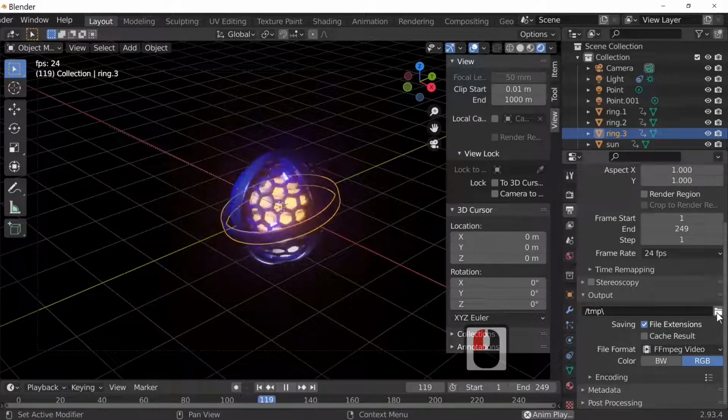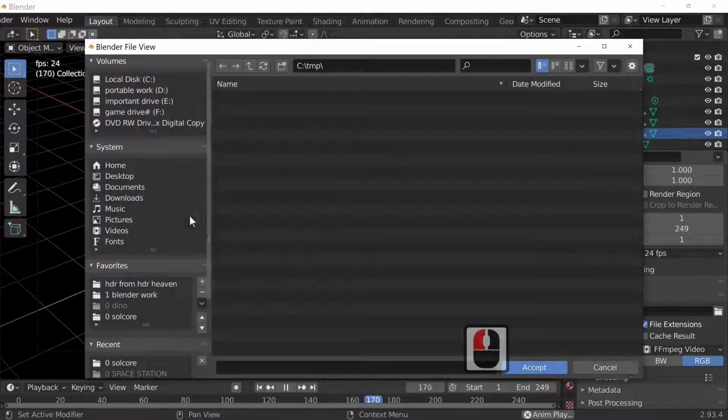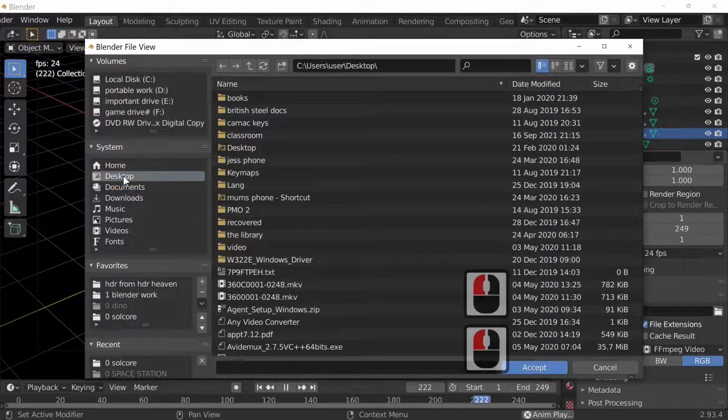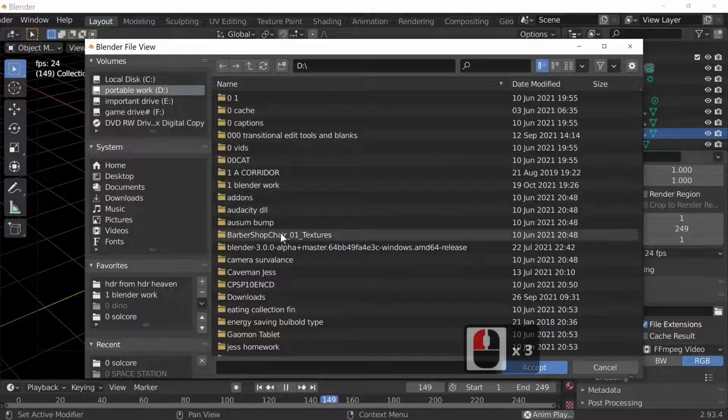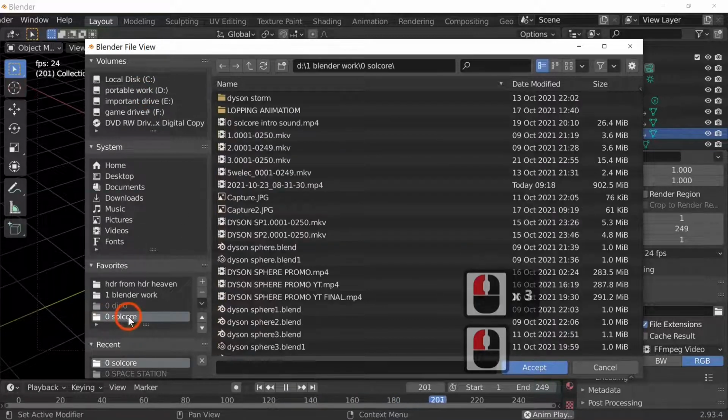It sets to default for temp. You could actually just select your desktop if you wanted your actual animation to appear there. I don't particularly do that. I tend to put it in the place where I've saved my actual animation, and that of course in this case is Soulcore, which I've added to my favourites there.